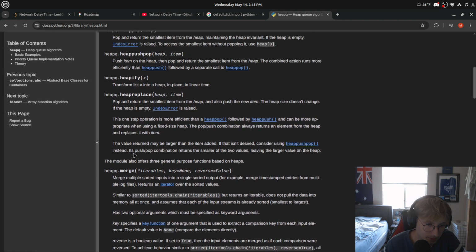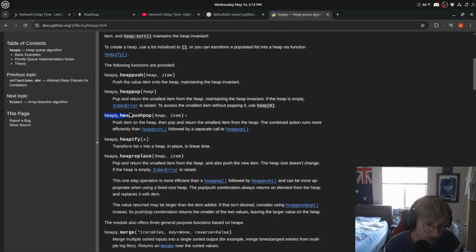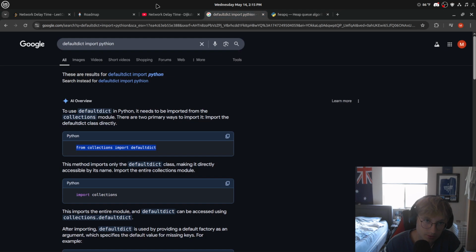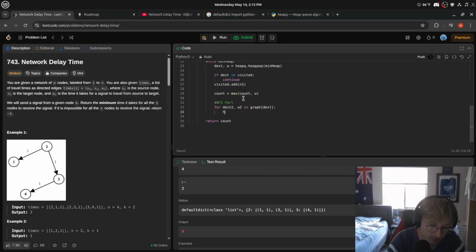How do we input it again? Heap push, heapq dot heappush onto our min heap, and then our item, which would be our original weight plus weight 2. Oh no, it would be a tuple, so it would be our dest2 and then weight plus weight 2, I